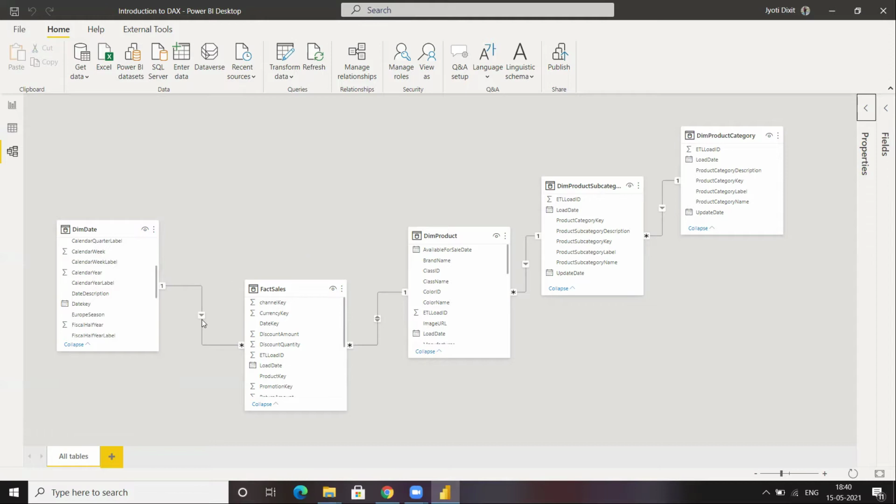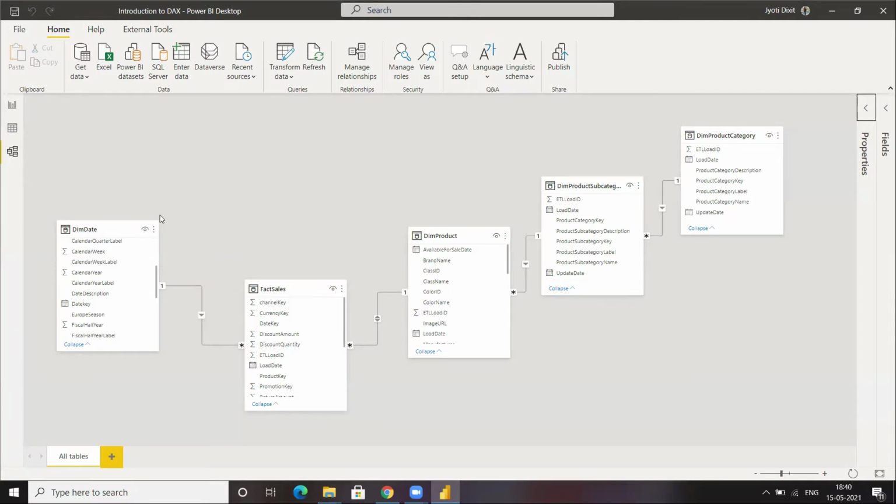So now I can say that because there is just one arrow, from dim date to fact sales, but vice versa is not there, fact sales won't be able to filter dim date.